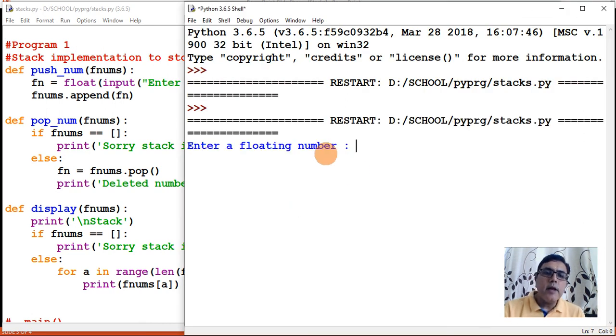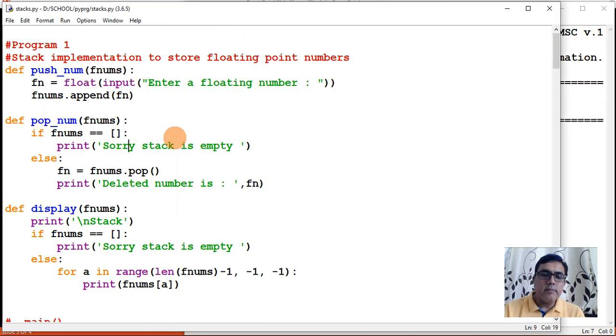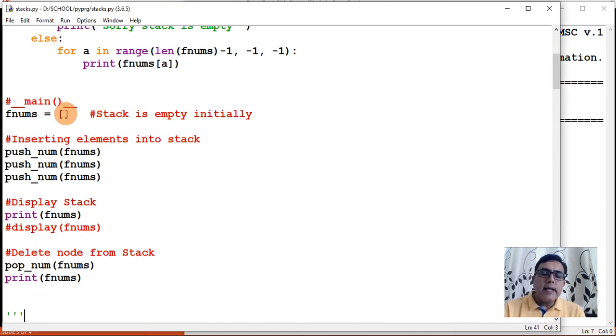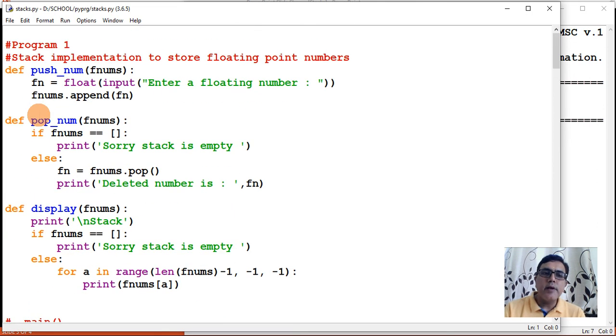Enter a floating number. Now from where has this message come? See, it started execution from this place, right? From the main area it will execute. Before that there are function definitions only, right?